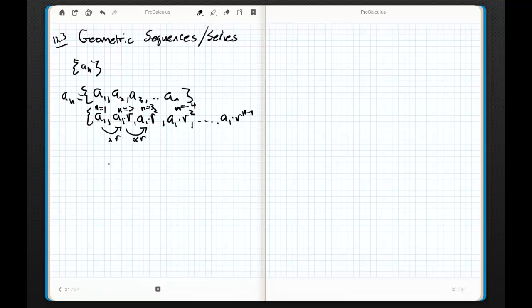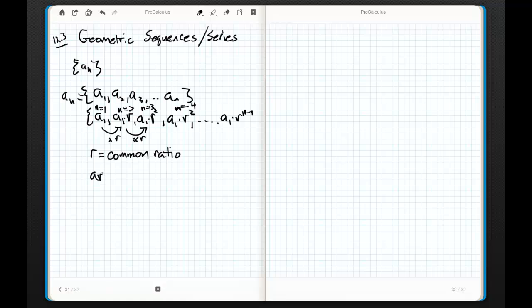So if you think about this, look at it. It's real simple. I'm simply multiplying, like before where we defined the common difference as d. This r is referred to as the common ratio. And that's not thrown out there flippantly. It's called a ratio for a reason. And if you think about it, look close. If I take